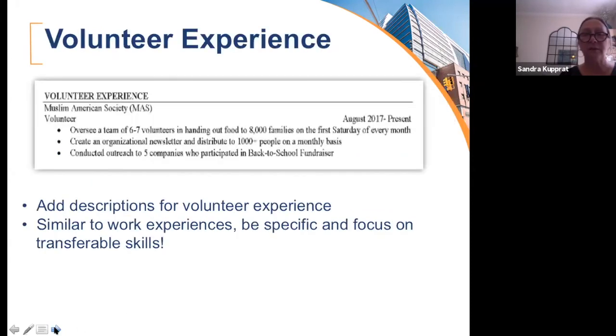Volunteer experiences. So for those who maybe don't have experience, even for some employers, they like that where they have a culture of volunteerism and they want to show that the people who they hire want to make a difference. They may be looking for volunteer experiences. You want to add descriptions to your volunteer experiences. So similar to your work experience, you can get very good transferable skills, especially if you're fundraising or you're organizing an event. There's so many really good skills that you can get from volunteering at a nonprofit. So don't discount this as a way to do it.